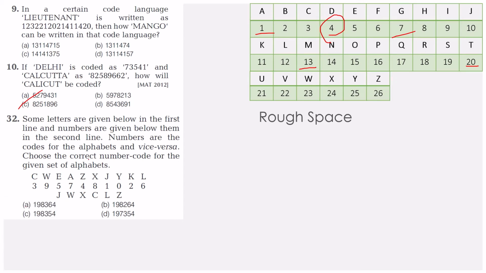And going on to the 32nd question, okay, let me just clarify that. So this is the table given over here and this is the question asked over here, so that you won't get confused. Like L and J stand for 1. Man, how is that possible? That's why don't get confused. I'm just giving you clarity. L and J stand for 1. And to solve the question, it will be very easy.